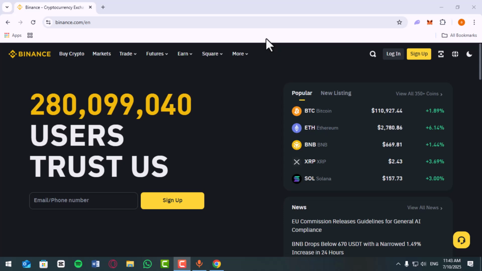Now choose the network you want to use, like Ethereum ERC20, BNB Smart Chain BEP20, Tron TRC20, or Arbitrum. Make sure the sending wallet supports the same network, or your funds may be lost. Copy the USDT deposit address shown on the screen, or tap the QR code if you're using another phone or